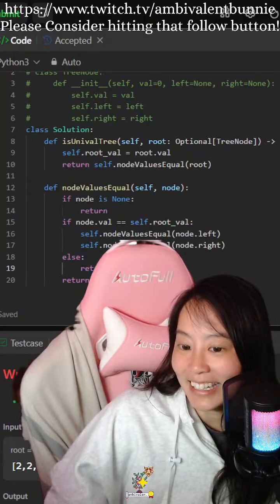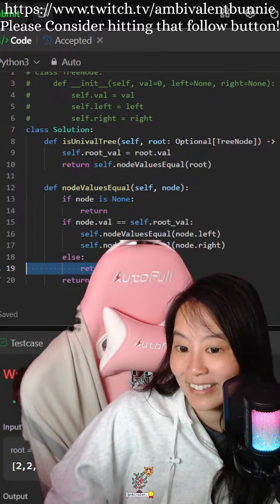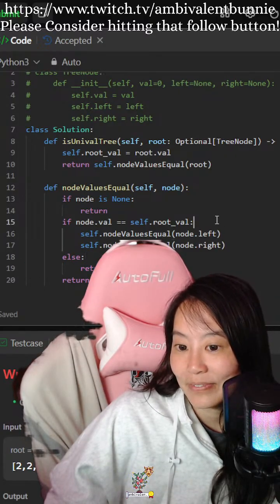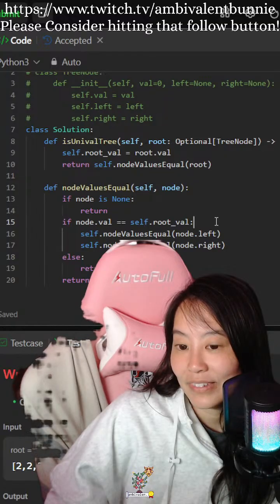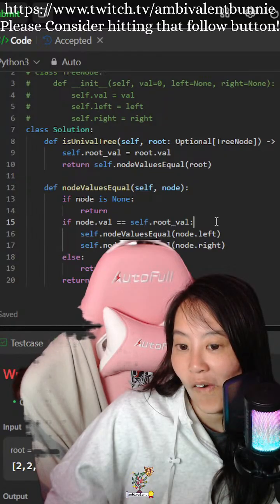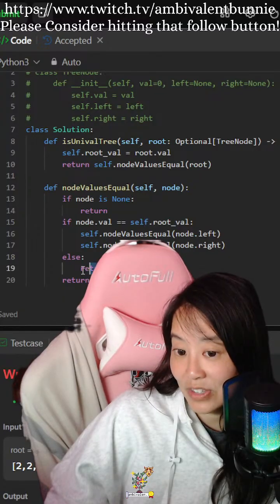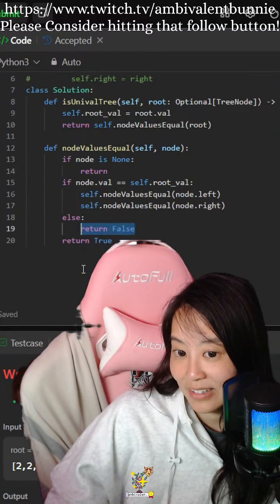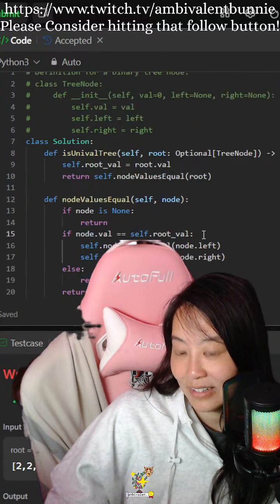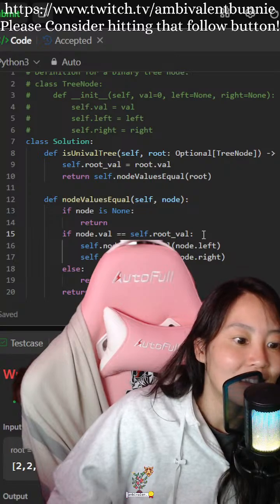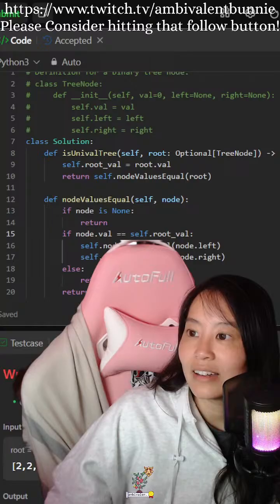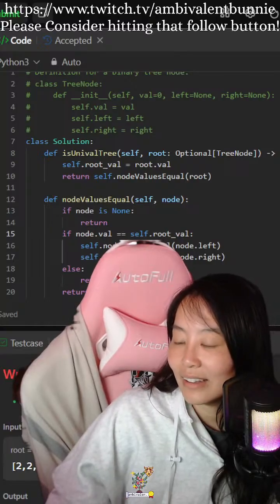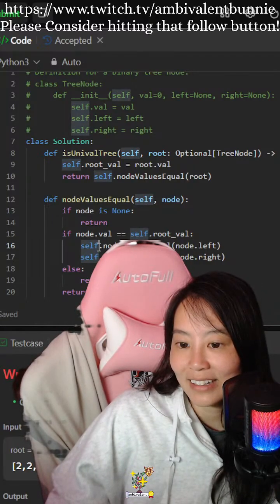See, ideally, it should return false. But I know it's not. Look at the code on line 16.